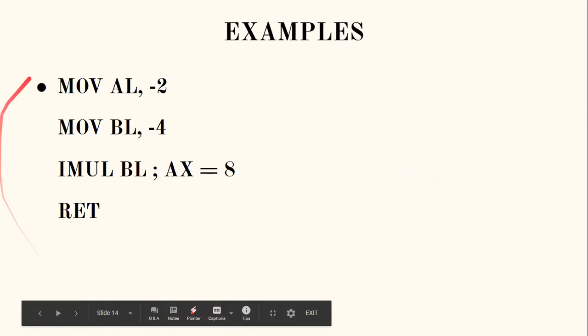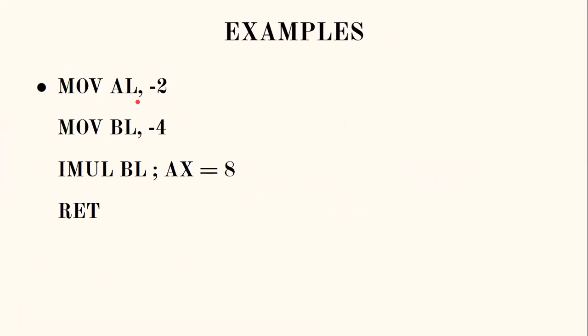Same example. Now here, first of all, one of the operands is -2 in decimal format that we have moved in the AL register with the help of the MOV instruction. Now this is shown in decimal format. The processor will automatically convert this into hexadecimal format before executing it or performing the operation. Similarly, the second operand we have put in the BL register in the form of -4. Now, if I have written IMUL BL, it will automatically multiply -2 with -4 and the obtained result will be stored in the AX register. We can verify it in the practicals, whether we are getting the correct result or not.